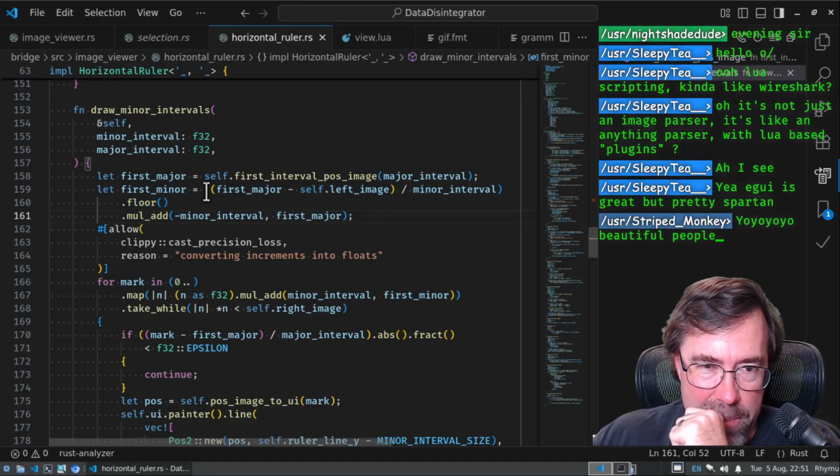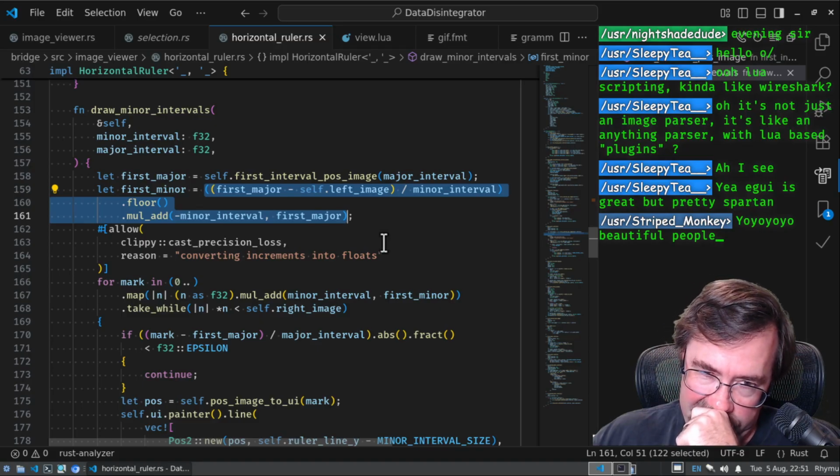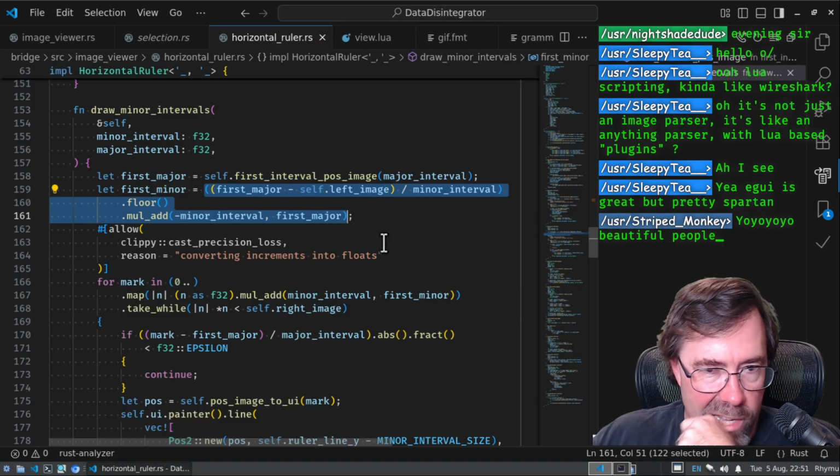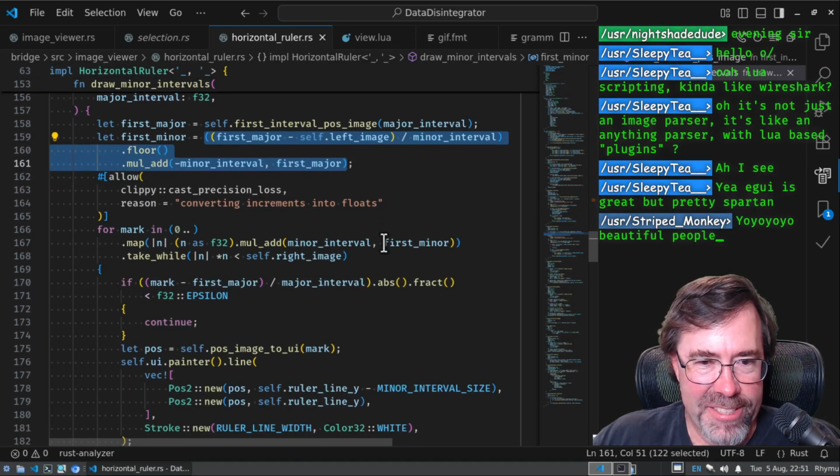I wonder if I should name that like first minor tick backtracking to the left of the first major tick or something. I don't know. Calculate first minor tick position in the image. I don't know. Anyway,